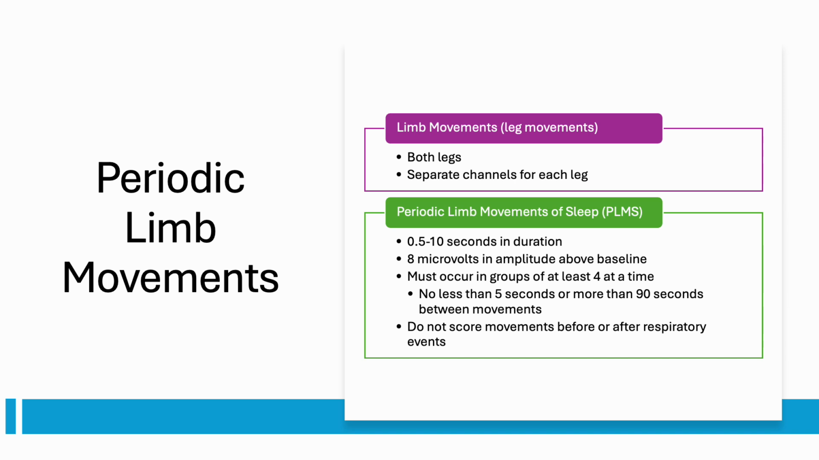And I'm not talking about you have to have this group of 4 and then this group of 4. If you have a group and there's more than 4, you score all of them. The movements can have no more than 90 seconds between them and no less than 5 seconds in between each movement. As far as scoring movements during sleep goes, limb movements are usually the only movement actually scored,